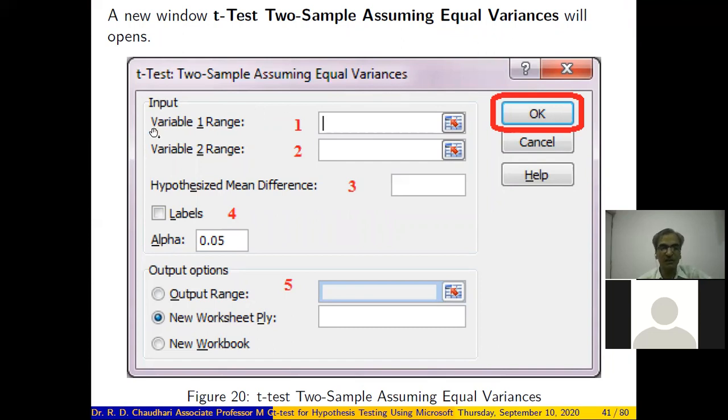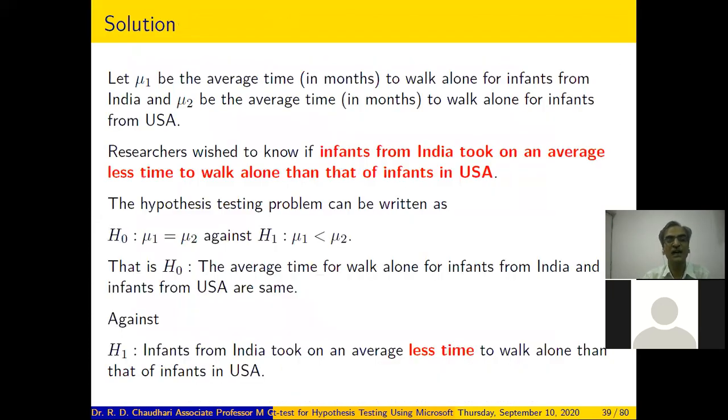Similar to the earlier example, you have to specify the range for variable 1, the range for variable 2, the hypothesized mean difference, and the labels if you have selected them, and then the output range. Now let us see what the hypothesized mean difference should be.